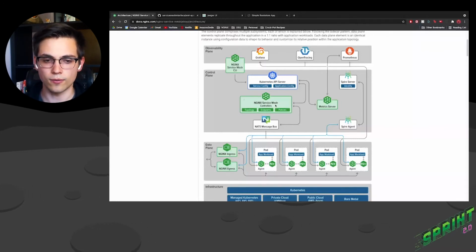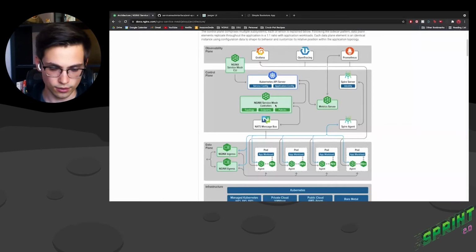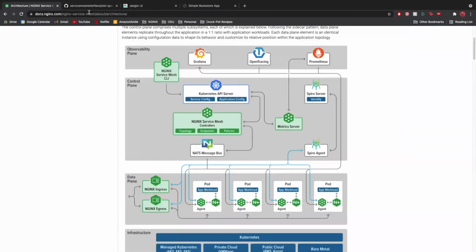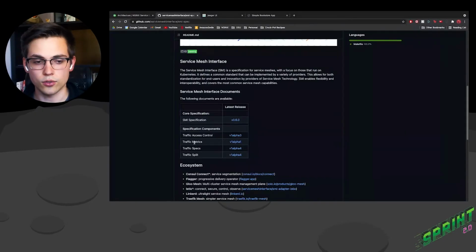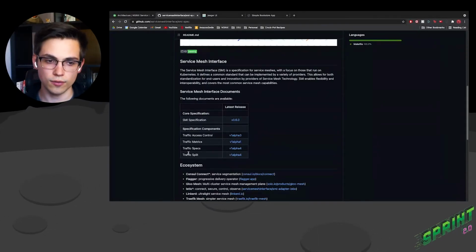This is implemented via the Service Mesh Interface, the SMI spec. It's an interface that is implemented by a variety of different service meshes, and it's designed to be service mesh agnostic, meaning you don't have custom functionality tied to a specific service mesh that prevents you from transferring, say, from Istio to NSM, NGINX Service Mesh. And the features that it allows for are things like traffic metrics. That's what allowed us to do the top just now, and traffic splitting, which is splitting traffic to different services.